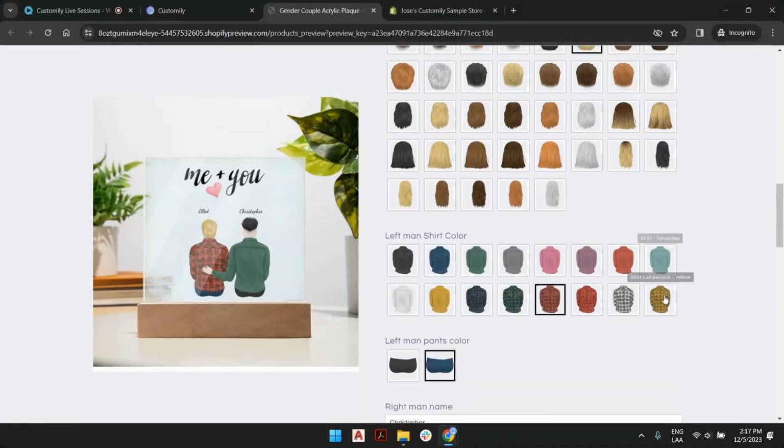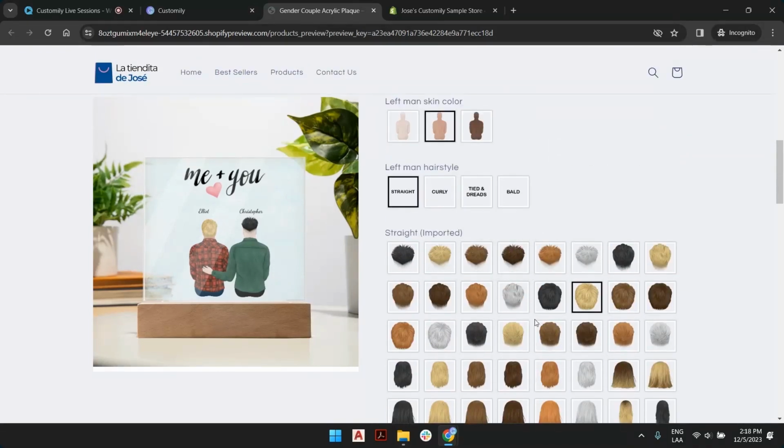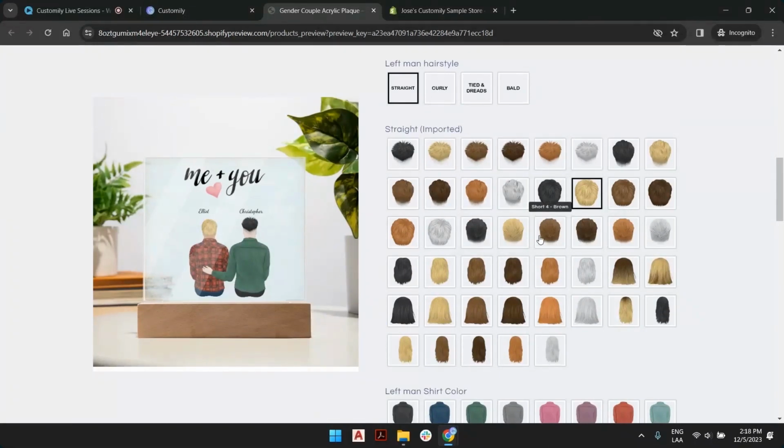And these images, each one of them will be a file. However, this selection, this group of shirts, for example, will be a library. The same goes with the pants, and the same goes with the hairstyles, with the only difference being that hairstyles will have another level of choice, which will be